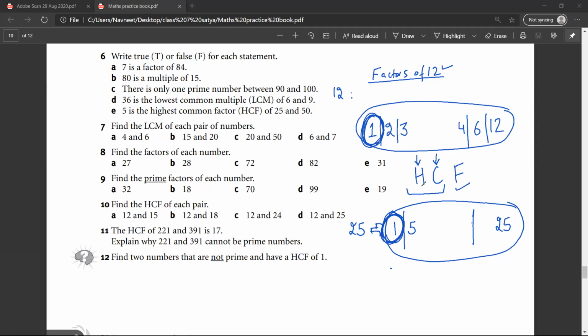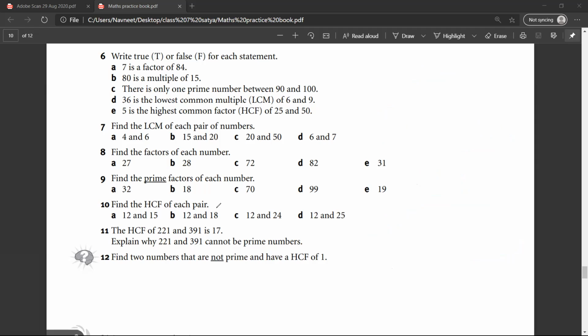Yes, sir. So I'll give you another example so that you understand it fully. For example, I have to find HCF of 12 and 18. So I need to find factors of 12. First, I need to find factors of 12. Then I need to find factors of 18. Once I have found the factors,